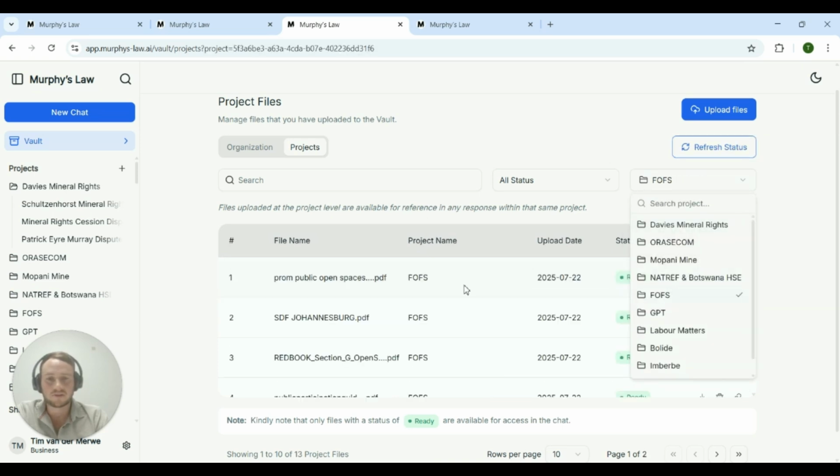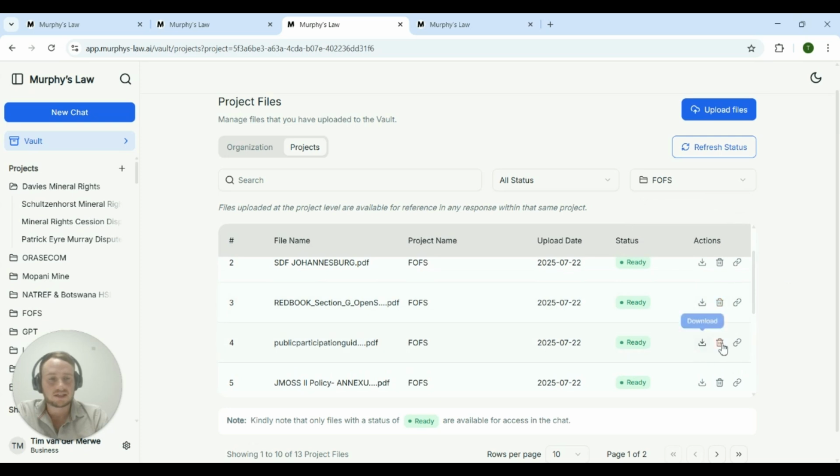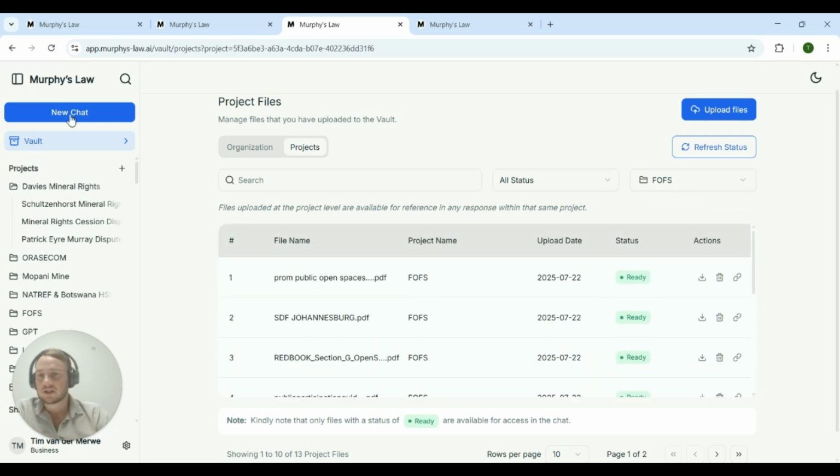You can filter it out by the different projects. You can delete, download, share links, and so forth. So that is the vault. And then